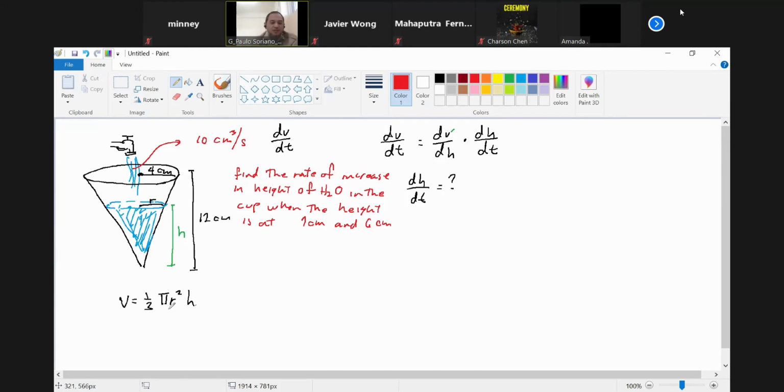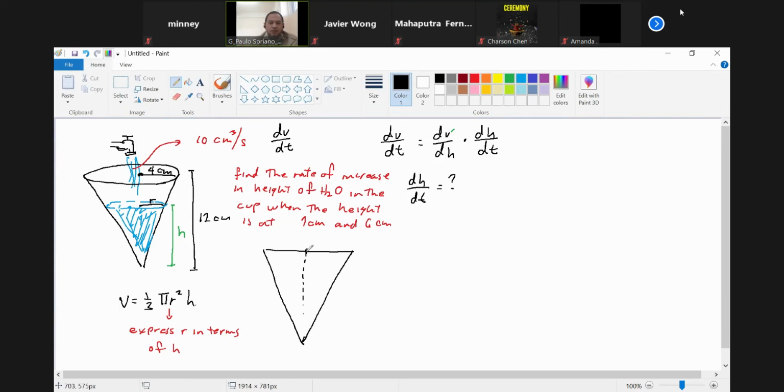Okay, good. So we need now to express R, or the radius, in terms of H, so that we have just a single variable here in this equation. Okay, so R in terms of H, and to do that, we now need to look at the side view of this container. The side view of this container is basically an isosceles triangle wherein we have two